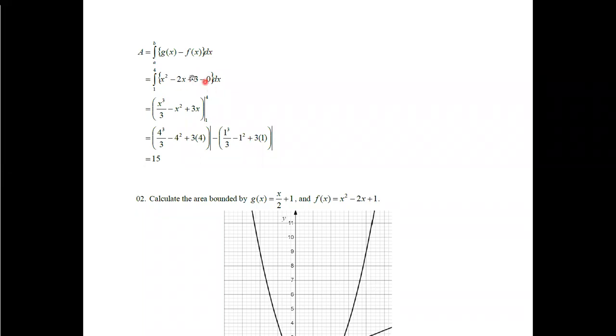Therefore if you integrate this function with respect to x, first of all the integral of x squared is x cubed divided by 3. For the integral of minus 2x, you can take minus 2 out, then the integral of x is x squared divided by 2. If you cancel out the terms, this gives minus x squared. Therefore the integral of minus 2x is minus x squared, then the integral of plus 3 is plus 3x.